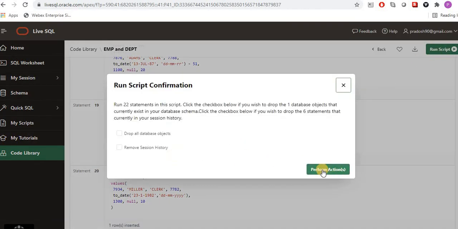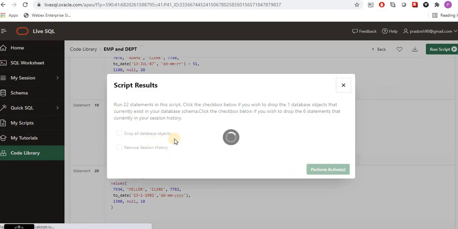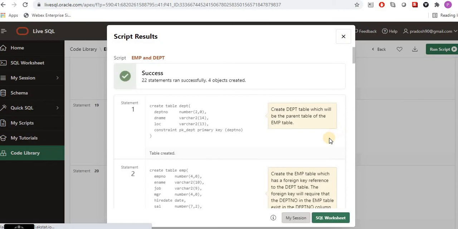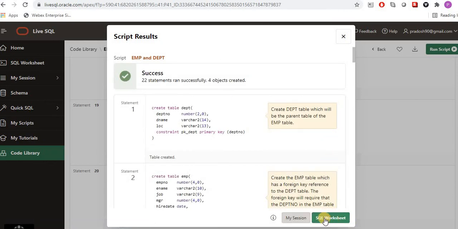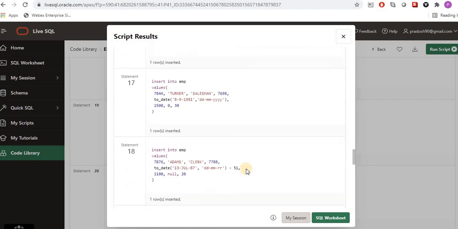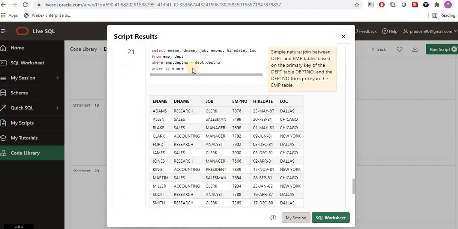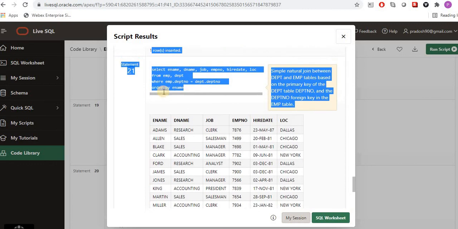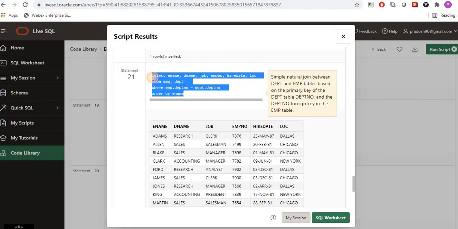You can directly run this script, perform the action, and all the table schema and data will get inserted, and you can directly use those. So let me copy a few of the queries from here, and then I can simply show you whether this has been created or not.